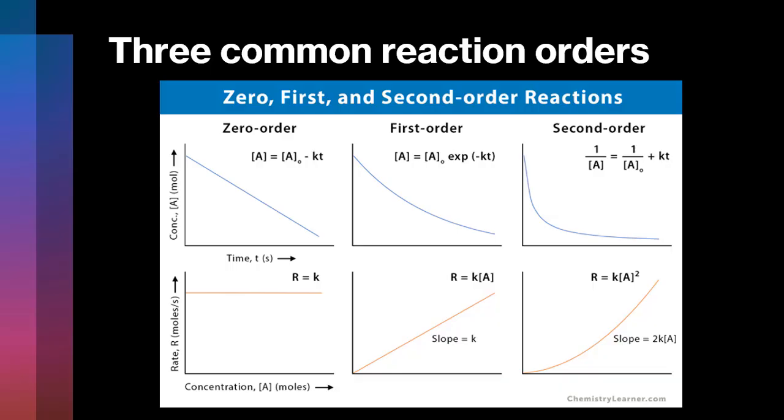Each reaction order has its own rate law, its own integrated rate law, and its own characteristic concentration versus time behavior. Looking at the figure below here, notice that the concentration curves don't all have the same shape. A zero order reaction loses concentration linearly with time. First and second order reactions both curve as concentration decreases, but they do so differently. Rather than trying to memorize 3 random equations, we're going to look for the pattern that we see in each. What's the rate law? What's the integrated rate law? And what kind of graph becomes linear?